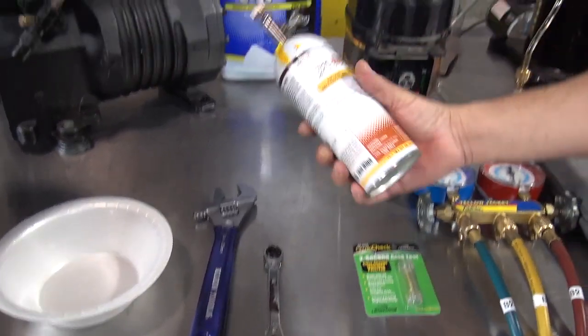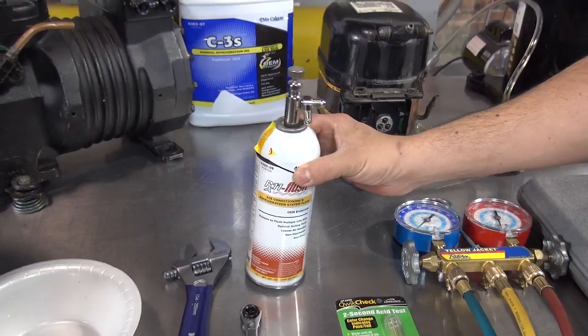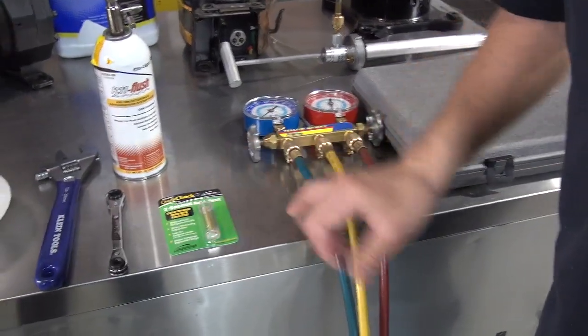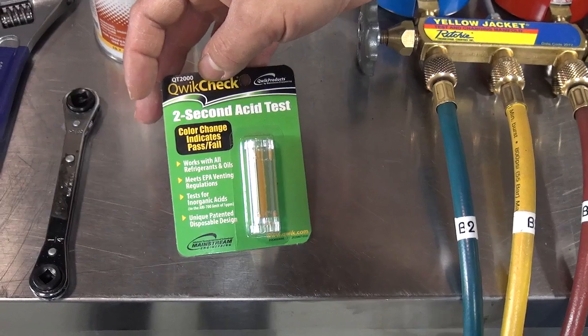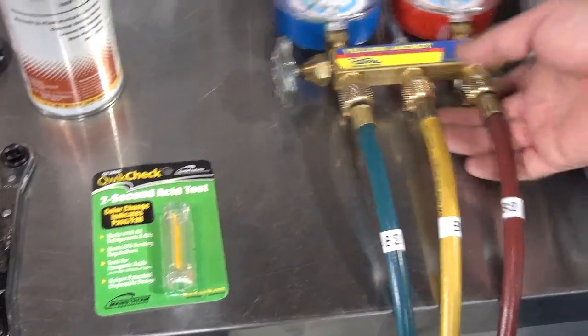We're also going to be using RX11 flush, with a little bit of explanation of how you can use this chemical. Sometimes you can also use what is called a quick check for the acid test for the oil, for the air conditioning system, refrigeration systems too. We're also going to be using the gauges,